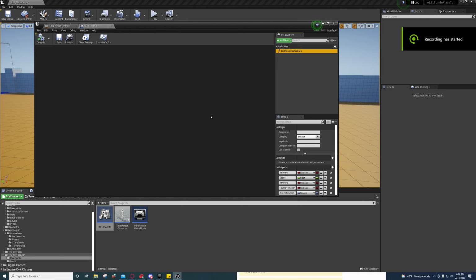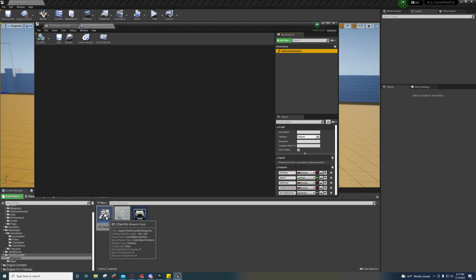Alright guys, I am back with part 3, and for this one we need to add another variable to our blueprint character or BP char info blueprint interface. So if you go to your third person blueprint and go to your blueprints folder and just open that up and select your get essential values function. Then on the end of this, we're just going to add one more here for now,